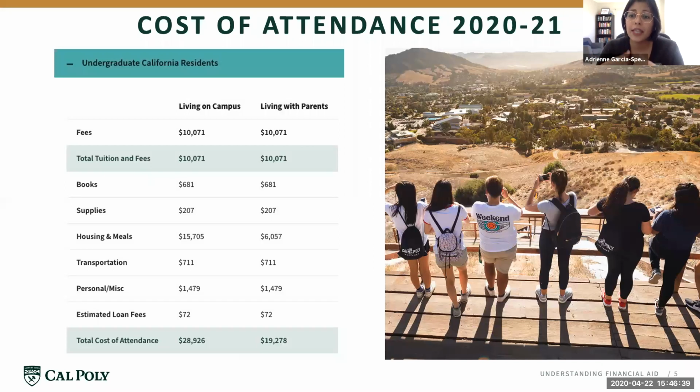Once we get the FAFSA, that usually takes like 3 or 4 days for it to get to us, and then we award financial aid once a week, typically Tuesdays. So if it gets to us on Monday, you'll see a financial aid package the following day. If it gets to us on Friday, you'll see it on Tuesday. So you want to make sure and make that update now so that we can give you your financial aid package before May 1st. And if you wanted to know, our federal school code is 001143. So you can look us up by our name, or you can enter our federal school code 001143.